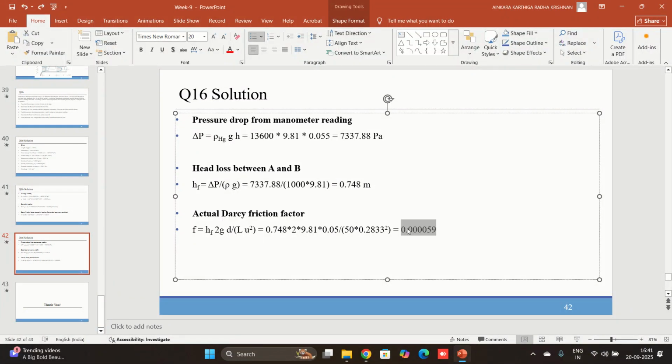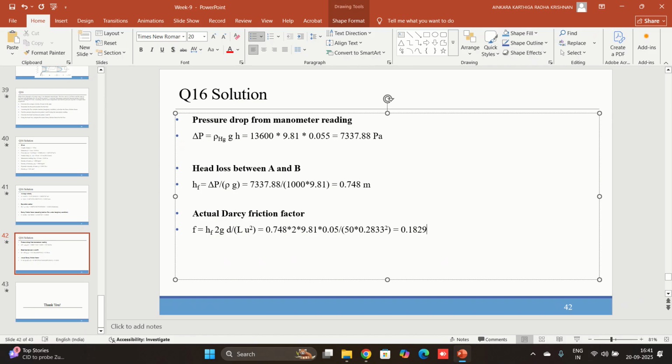What was the previous value? 0.0059 now. Okay, I'll just do the calculation once again. 0.748 into 2 into 9.81 into 0.05 divided by 50 divided by 0.2833 square. Okay, it is